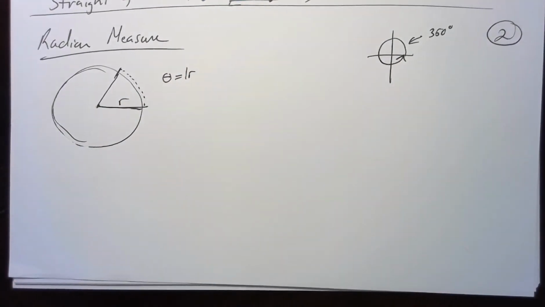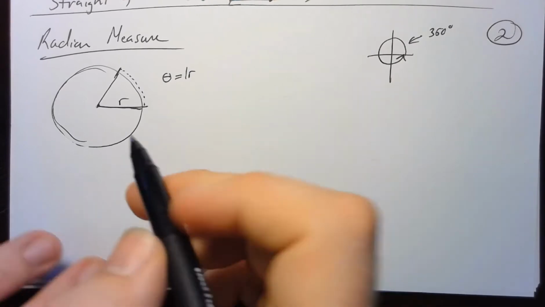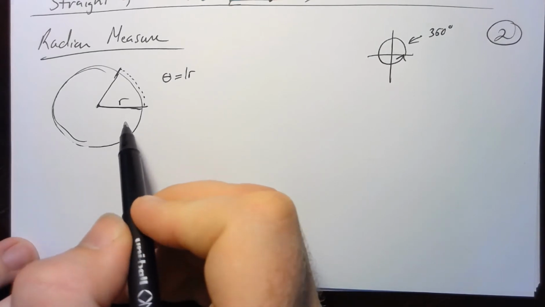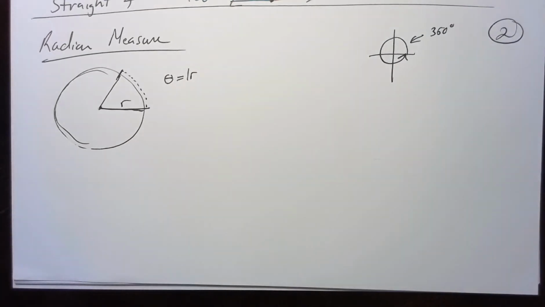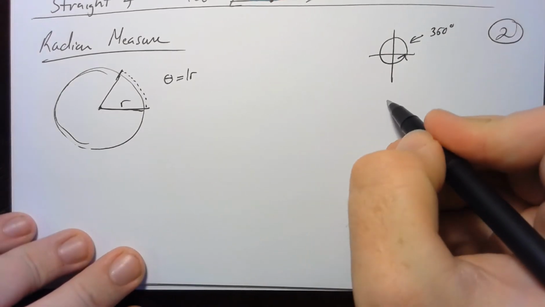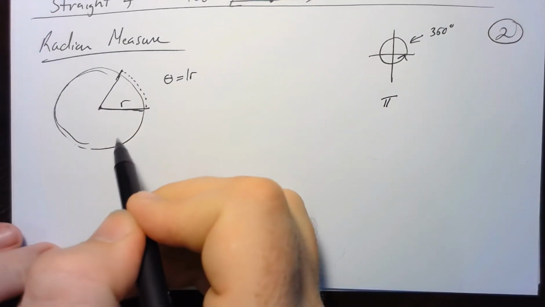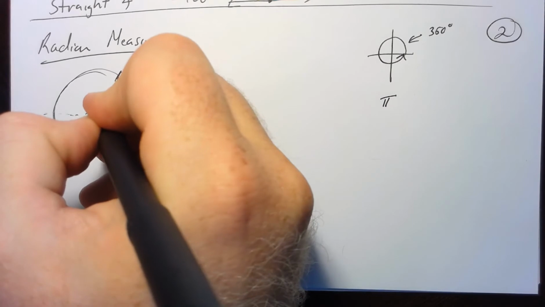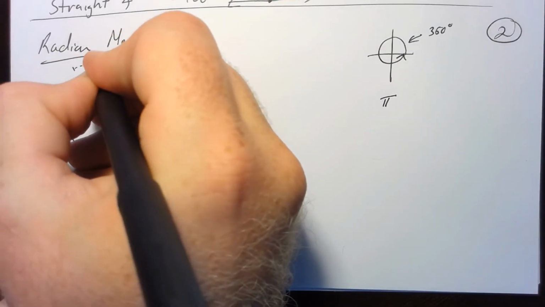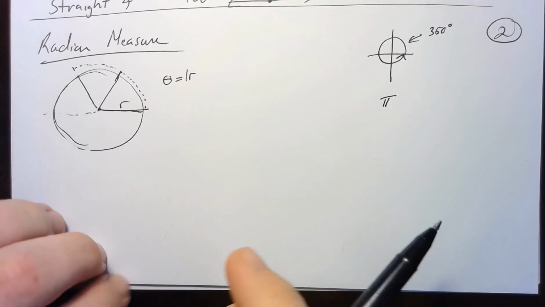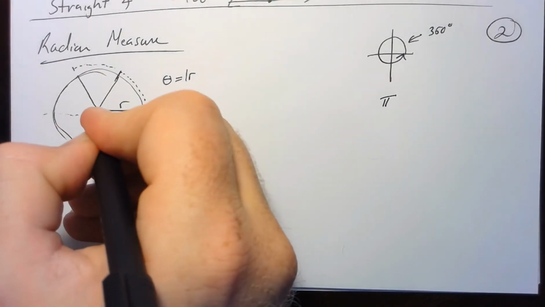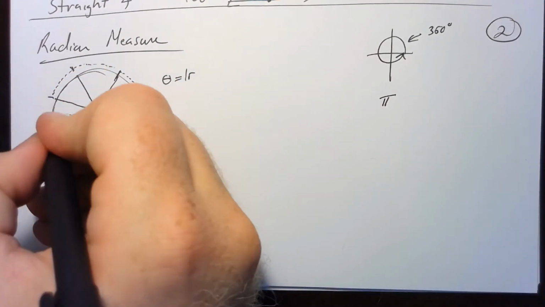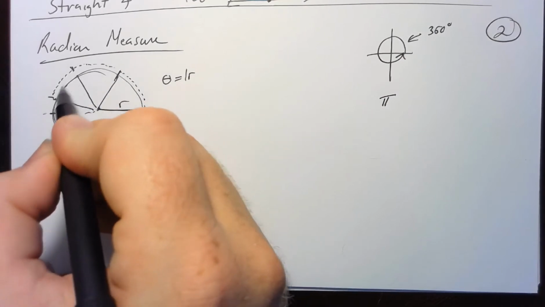Okay, so this is based on the circle we're playing with. For every single circle, no matter how big or small, this same distance is going to be this radius measure. Now the question then comes around with, well, where does that pi come from? That pi comes from the number of radian measures it takes to go around half of the circle. So if I do another one right about there, there's my second radius, bent around the circle. I'm going to bend one more. There's your 3 radius measures bent around the circle. I'm going to do some more right there. This is 1, 2, 3, and some change.